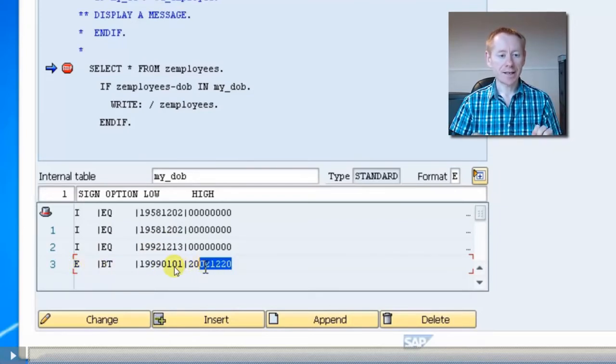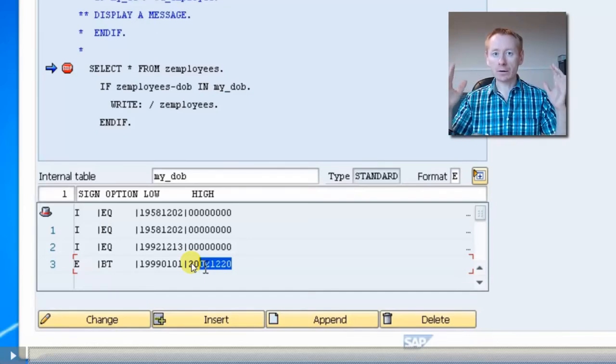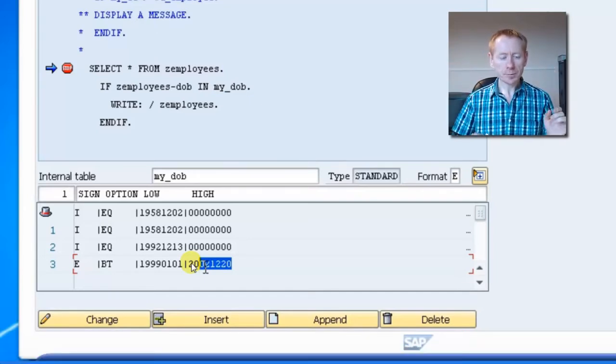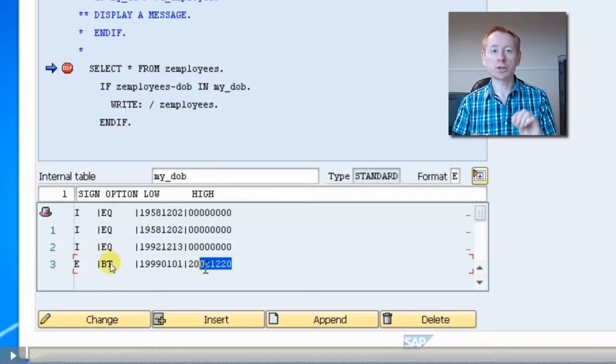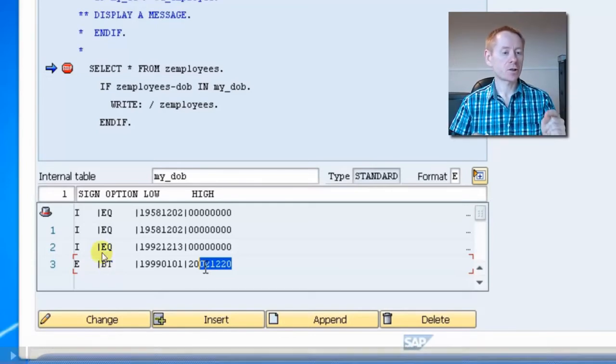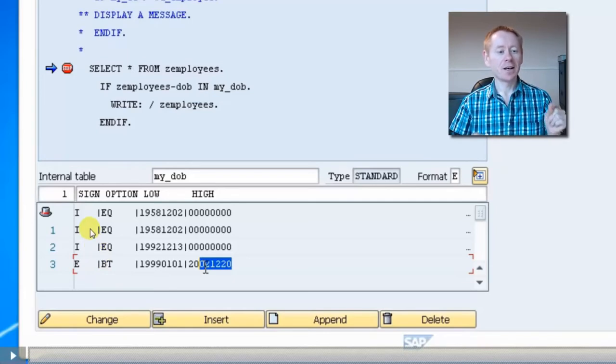Because the user actually entered a low value and a high value, we're going to treat this selection record as a range of values, not individual values, and the option automatically gets switched to BT, which means between. So that's why we have this range. So our selection option equals these two records, but also is going to make sure it excludes any records between